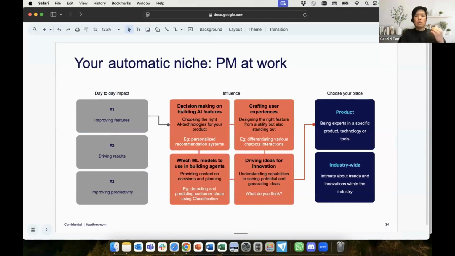For example, decision making on building with AI features, crafting user experience and using AI to help you, whether it's the tools or something in the thought process. Even using machine learning, as I explained earlier, on building agents, or even driving ideas for innovation. Again, be careful of the USP point here, but even in this track that you do on a day-to-day basis,